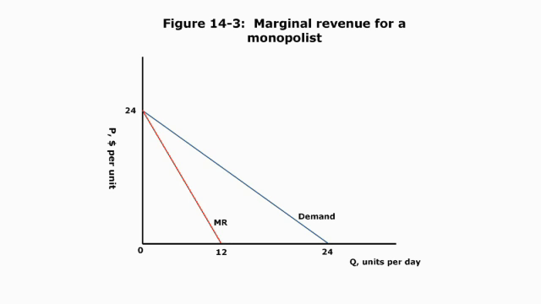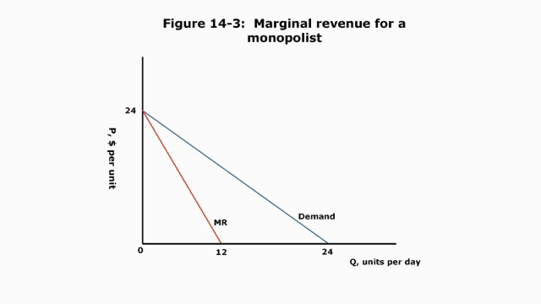So here I have a demand curve. The demand curve I've drawn here in this example is Q equals 24 minus P. That's a typical demand curve, downward sloping. As the price goes up, people want less of it. And now we're in market demand, because remember, little q equals big Q. There's only one firm in the market.